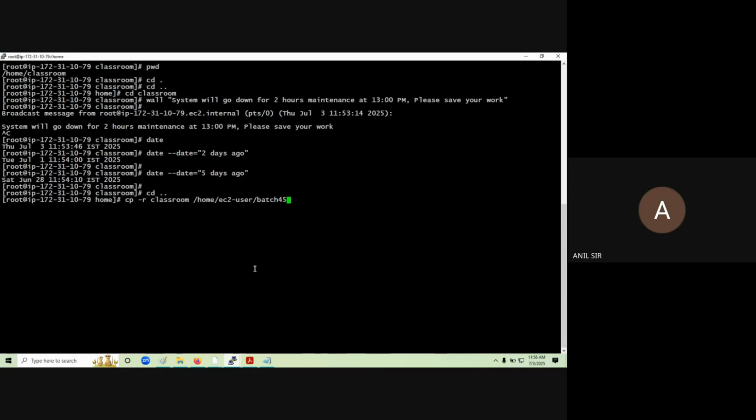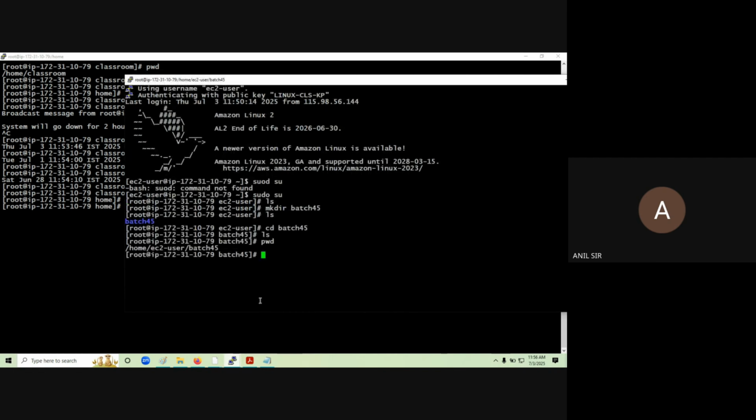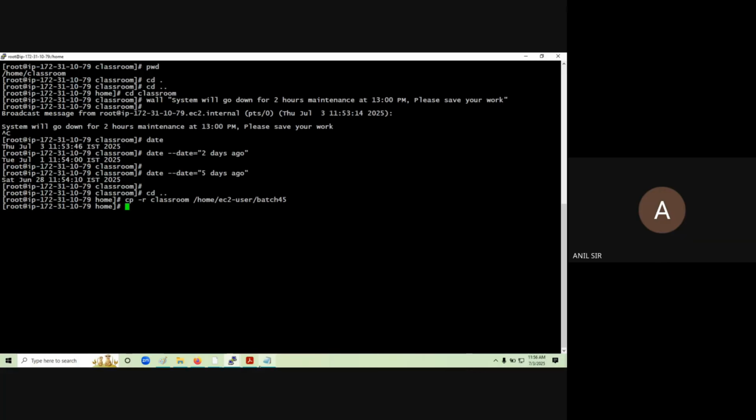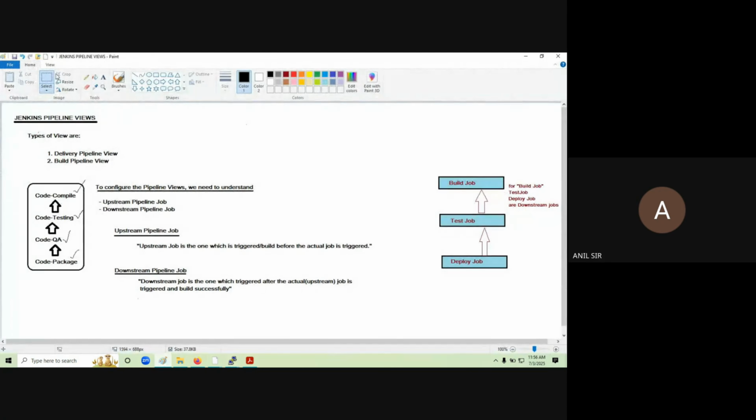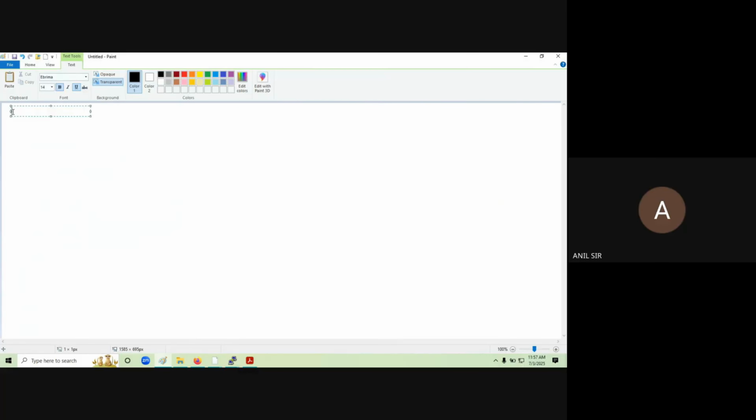Okay, just paste this. Now see guys, this classroom directory has been pasted into this directory. Now let's check it out in the batch 45. Classroom directory pasted in the layer. Got it? You can see all the files are there in this. Like this, you are going to copy your files. Fine. Now, whenever we are creating any files in this one here,